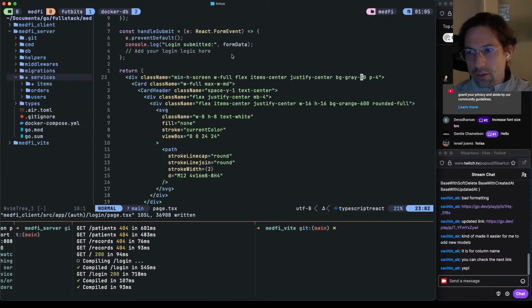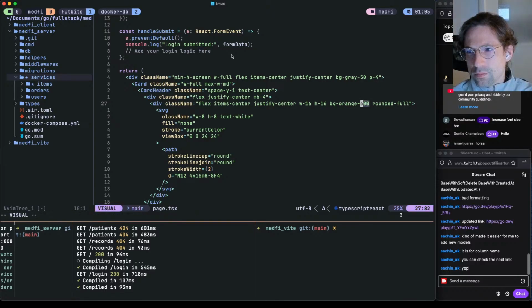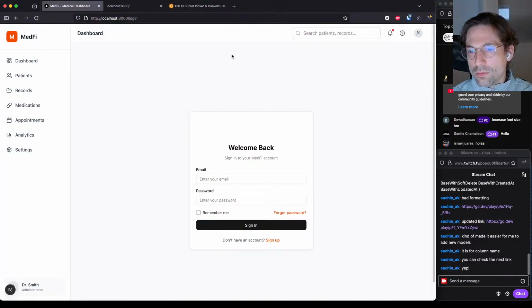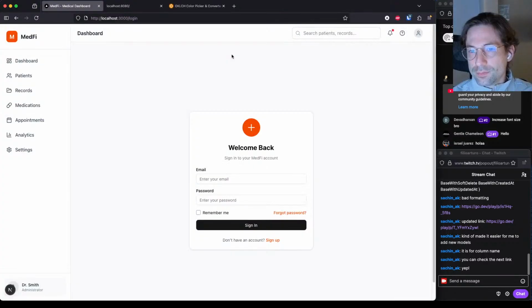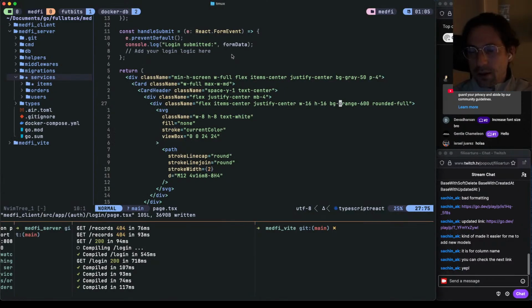Does the card have like a background orange? Maybe it's my eyes that I'm too tired, but anyway. That looks decent, so